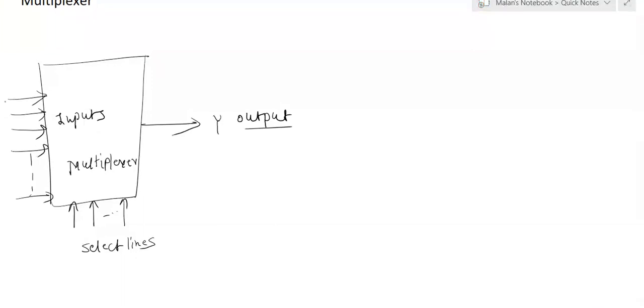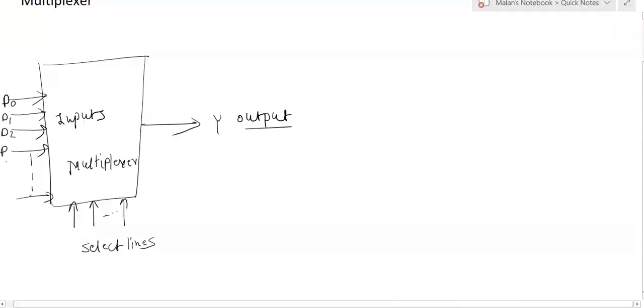Now, these are the data lines, let's say D0, D1, D2, D3 and so on up to D raised to, let's say, 2 raised to n minus 1. When I have 2 raised to n data inputs, at that time the select lines will be n.